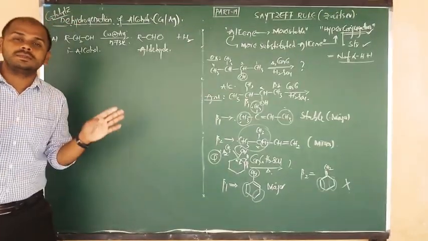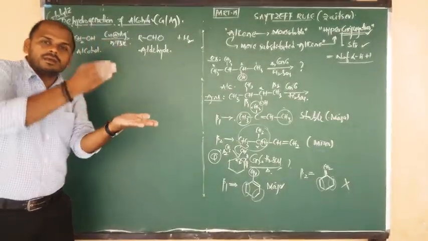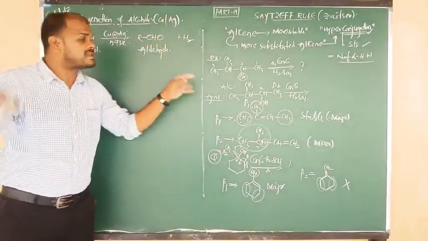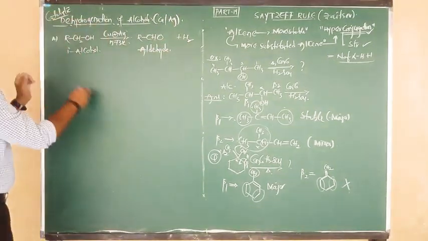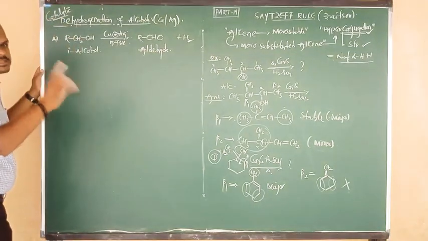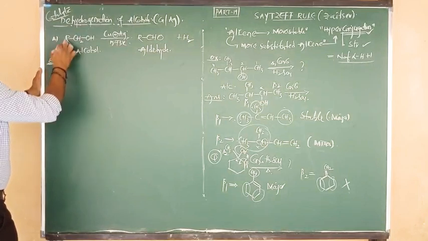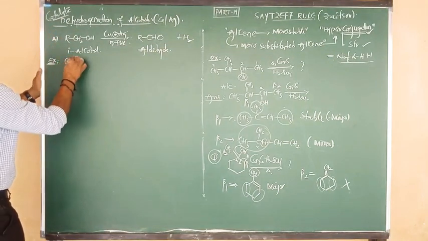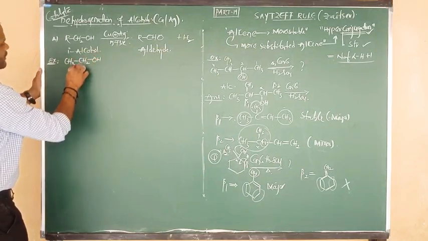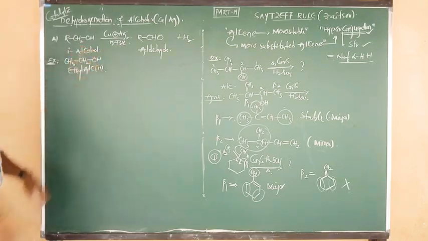Not only methyl alcohol and ethyl alcohol, all primary alcohols, by passing over the surface of hot copper or silver, undergo dehydrogenation and form aldehyde, such as acetaldehyde. Good. So primary alcohols on dehydrogenation give aldehyde. This is the statement you have to remember. Let us go for one example. R replaced by CH3. Then what do we write? CH3 bonded to CH2, CH2 bonded to OH. The compound name is ethyl alcohol, or we can say ethanol. It is a primary alcohol.